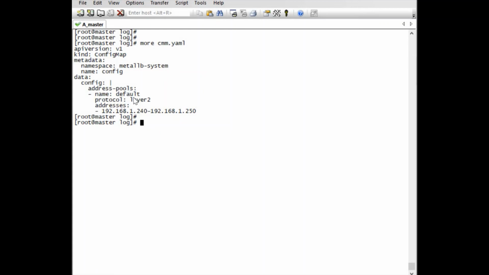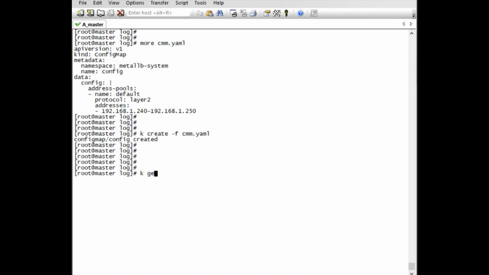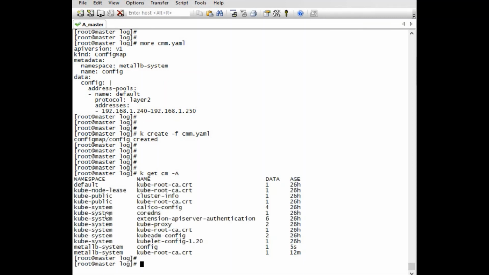Or you can use static allocation, where instead of using the pool, you directly give the external IP in your installation.yaml file. I'm not changing the pool name, it's just the default. Let's create the config map. Get cm -A. Our new config map is created.